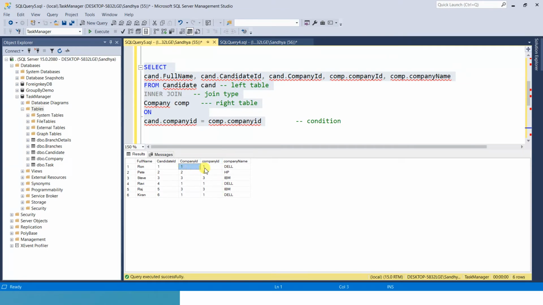Suppose 1 is there, here 1 is there, 2 is there, here 2 is there, 3 is there, here 3 is there. It will perform the join on the one column which is common for both tables. Here company id was common in the candidate table and the company table.